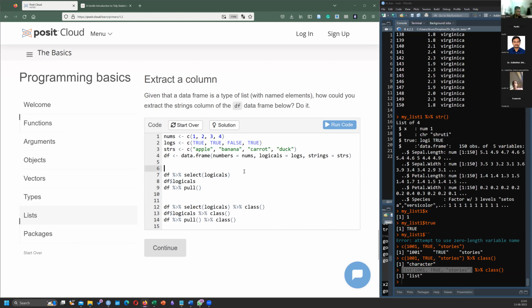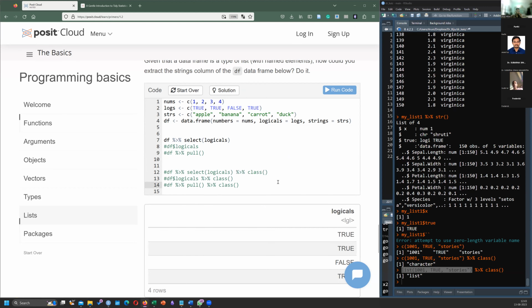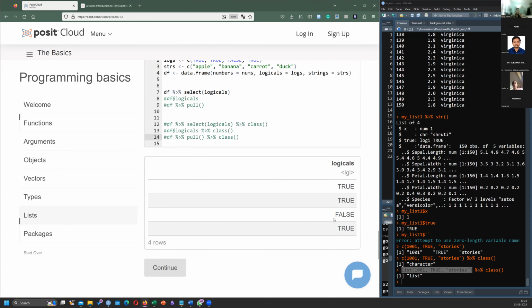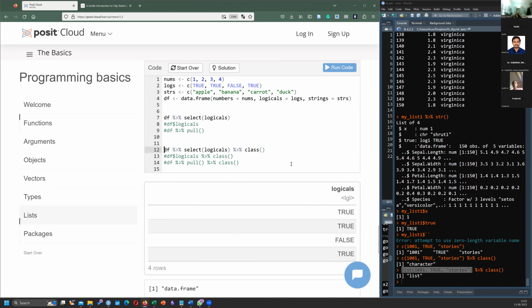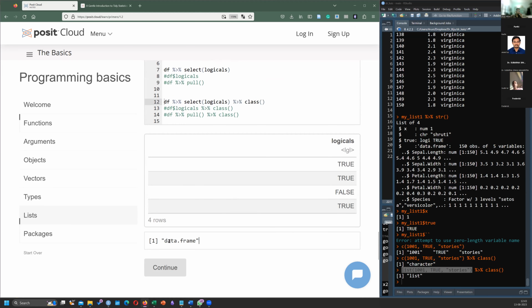So when you're saying select logicals, it's actually going to give you, okay. I don't know if this will work. Let's see. Only that column. Okay, it's getting that column. Now, if I want to look at the class of whatever output we asked for, it's a data frame.